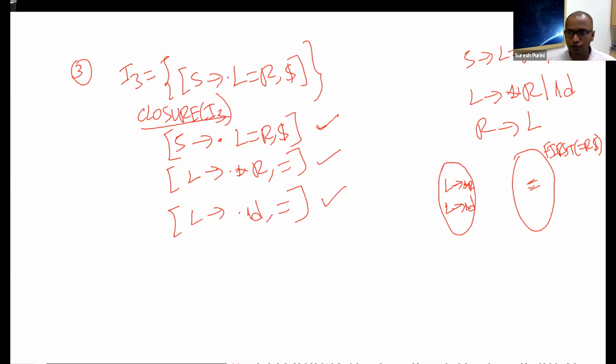Are you with me so far? Just wanted to check how you are doing. The dot placement in set I3. No, that is perfectly fine. I think in set I3, we started with dot L equal to R. Yeah, in example 3, I think we are all right, Shantanu. How many of you are with me so far? Can you put a message in the chat box so that I can see whether you are with me or not, or what's going on at your end?